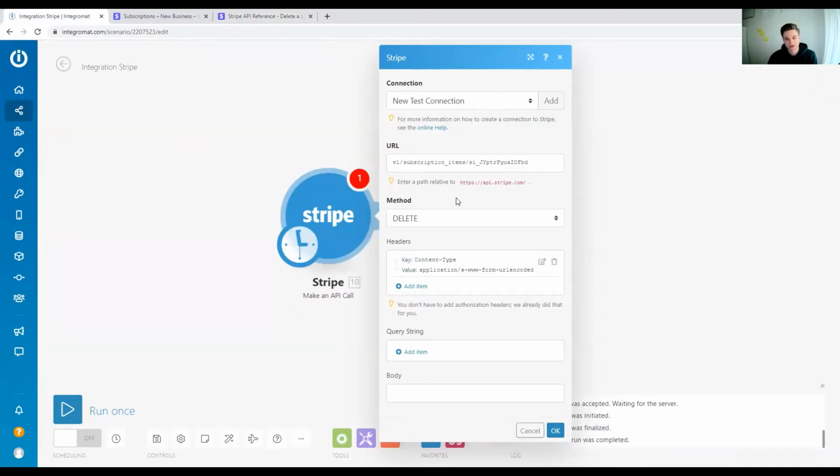So if we would trigger this now, it would work. It would delete the subscription item from the subscription. But what it would do right now is it would refund the remaining money for the rest of the month. So let's say half the month is already over, and then we delete the subscription now. What would happen is they would get a refund of the remaining money of the last